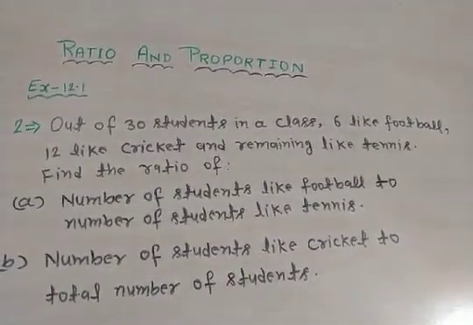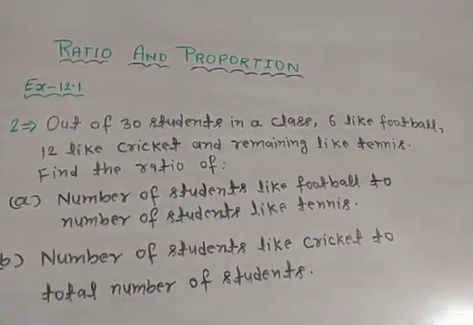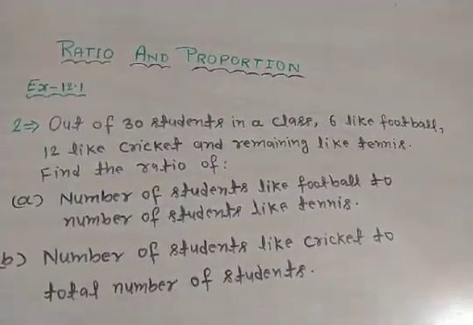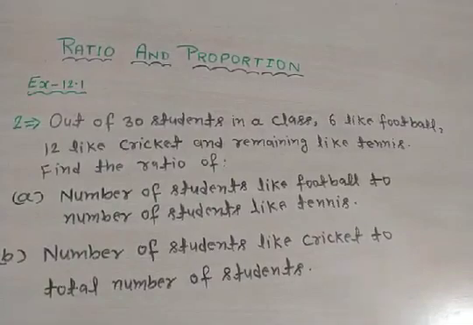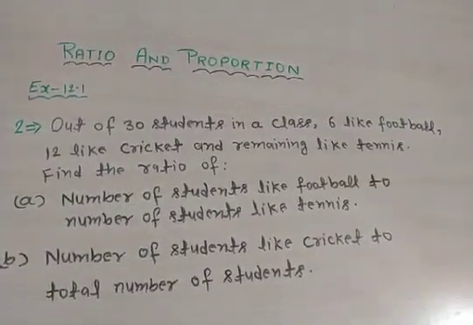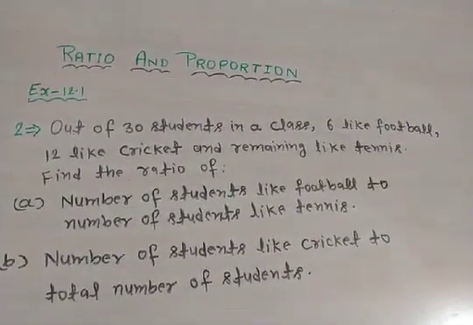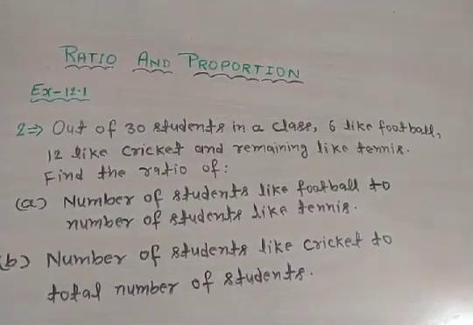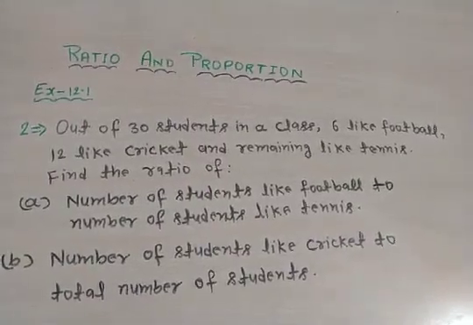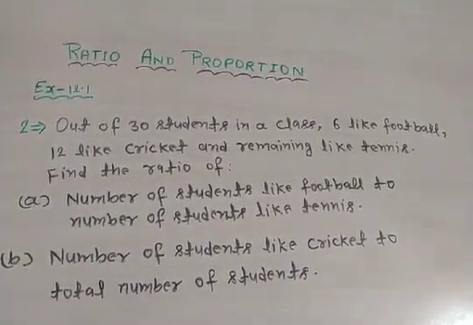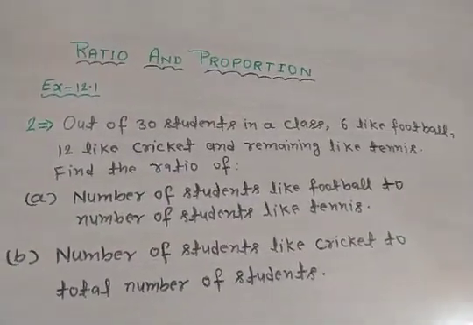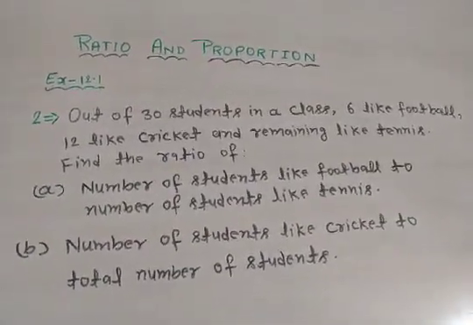So how to find it? 30 minus (6 plus 12) is equal to 12. 12 students like tennis. Clear? So here we need to find the ratio of